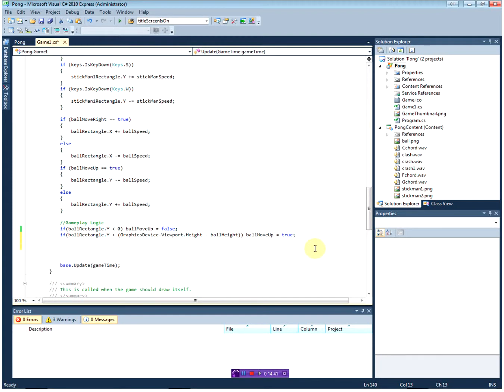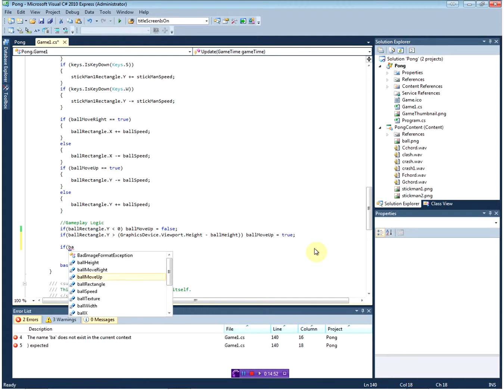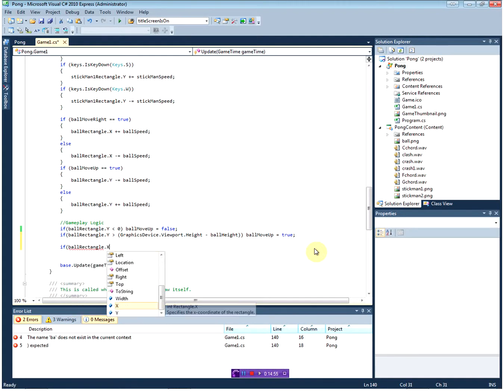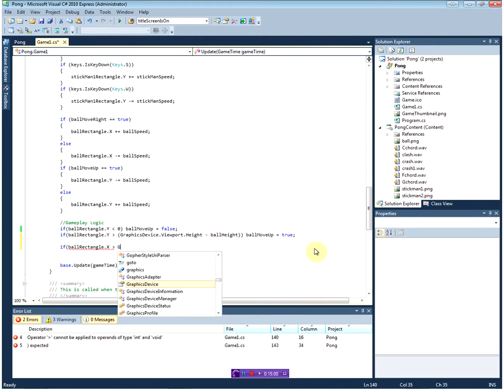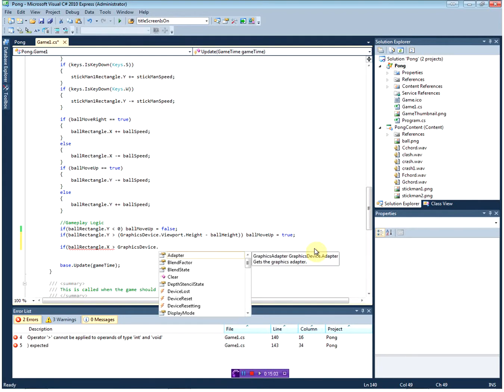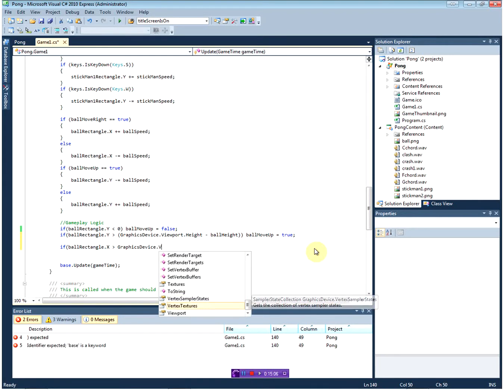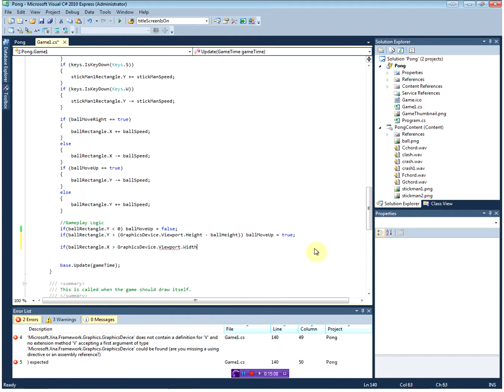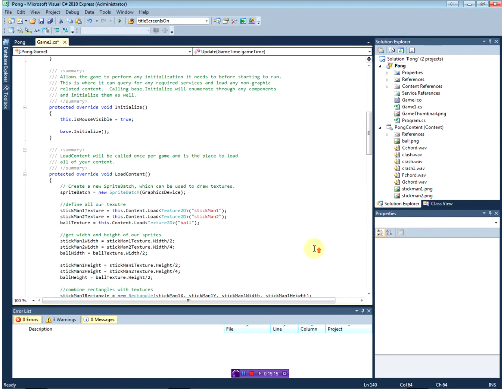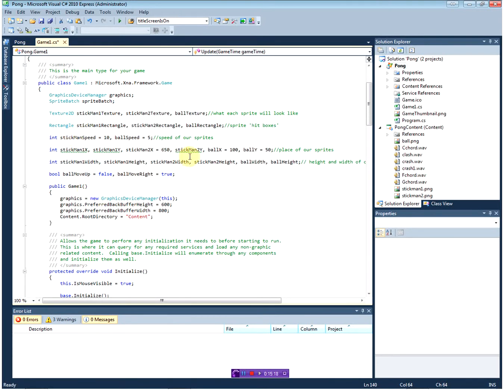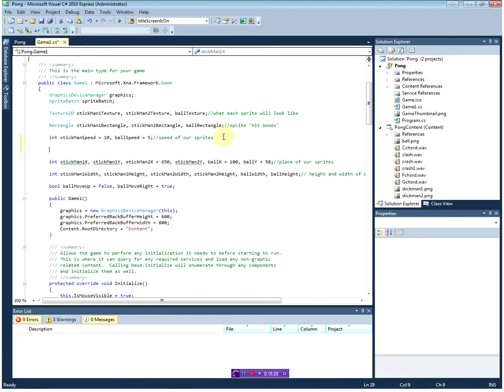So now what we've got to do is handle when the ball reaches the two edges. So if ball rectangle dot x is greater than the graphics device viewport dot width, if it's greater than that, then